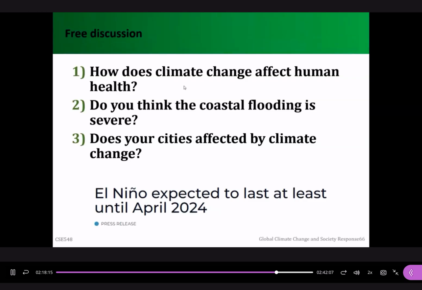Because we have a lot of information in this part, from the physical part of our planet to the biological system, to our human health and to our economy. And then finally, we will talk about the mitigation part, that's about our economy. We can take some measures to reduce the carbon emission. So we have a lot of information in this section.